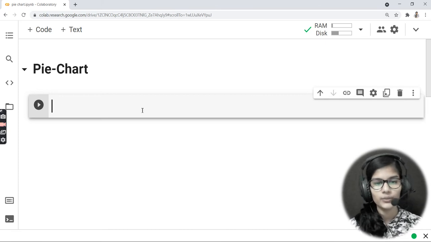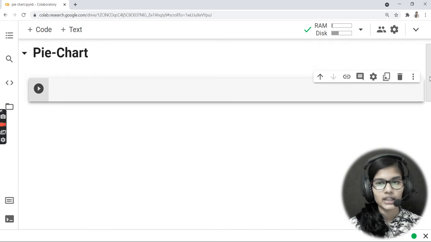I'll let you know the whole procedure of how to make pie charts. I'm making a small data set on my own and I'll show you the procedure, and then you can try this on any particular data set you wish, right? So we are starting with the Matplotlib library. This pie chart I'm going to make with the help of the Matplotlib library. So the very first thing I need to do is import this particular library with the help of which I am going to make my pie chart.